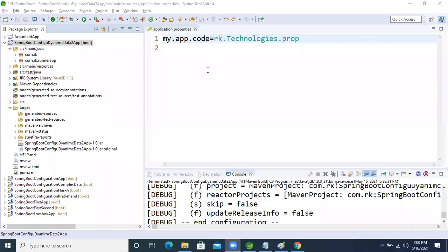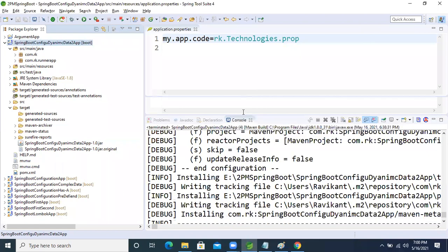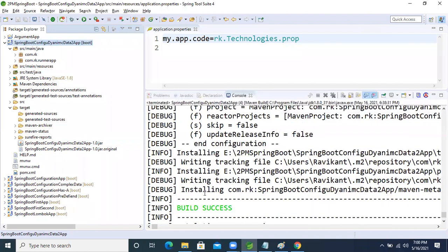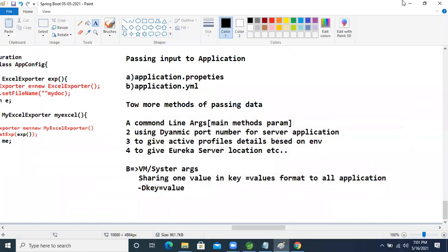Based on that, what will happen now, guys? One jar is created, right? So what we are doing now is running this application. Not through the Eclipse STS IDE. I want to run this jar only and see the result. So what will we do now, guys? Where is our application? Come inside the C folder, the C drive.